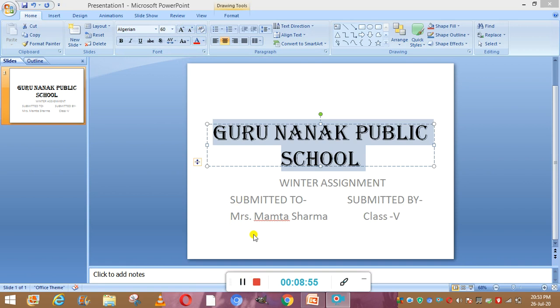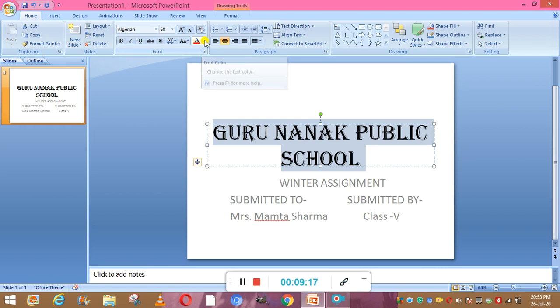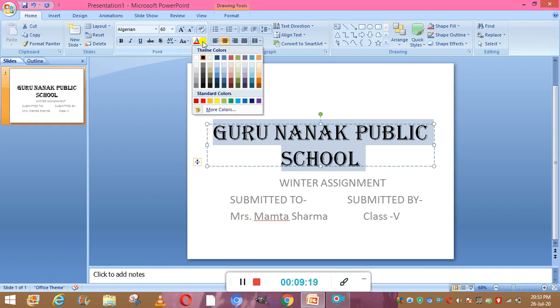Now the next topic is to change the color of the selected text. We have already selected the text. Now we will again go to the Home tab, and from here to the Font group. Here you will click the down arrow to expand the font color drop-down list. Now you can see this is the font color list, a color palette.